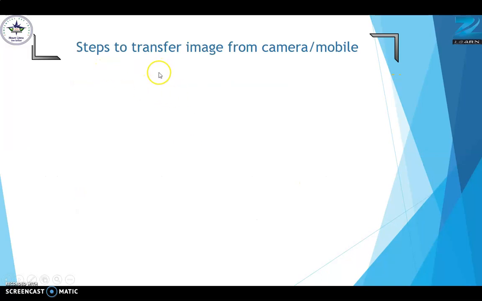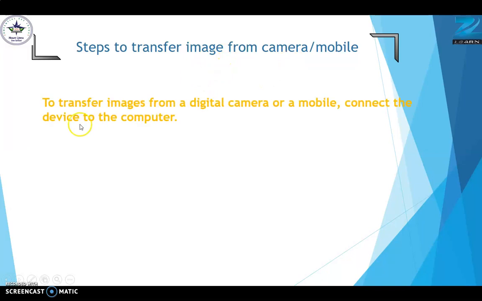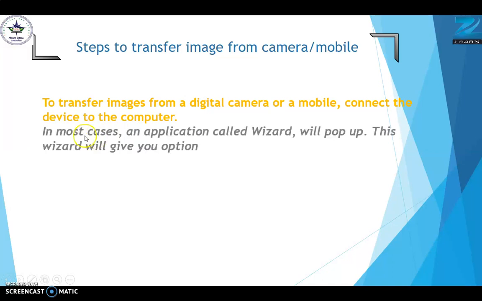What are the steps to transfer images from a camera to a mobile? In the same way, you can transfer videos and audio also from your camera or mobile to your computer. To transfer images from a digital camera or mobile, connect the device to the computer using the cables provided. In most cases, an application called a wizard will pop up.